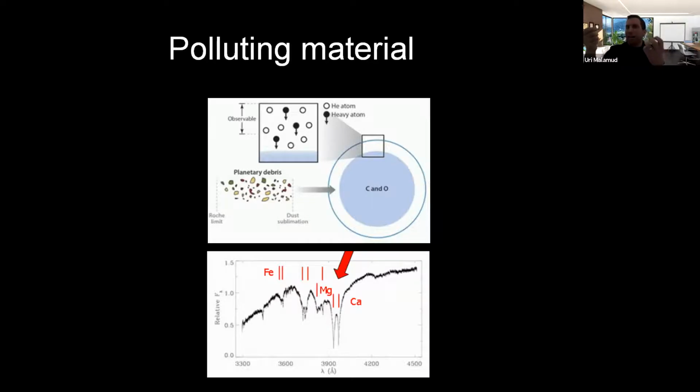I don't think you can know exactly what's the density of this gas, but you can just think about them as individual atoms. Of course, the heavier atoms are going to sink in the atmosphere eventually, because if you calculate the equation of motion, you can show that the time scale for them to sink is quite rapid. You also have to remember that this is a high G environment, so the gravitational acceleration of a white dwarf is like 1,000,000 times higher than what we're used to in a terrestrial planet, because it's proportional to the mass. So in this type of high gravitational acceleration environment, the sinking time is just quite fast.